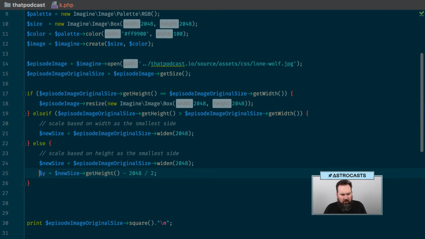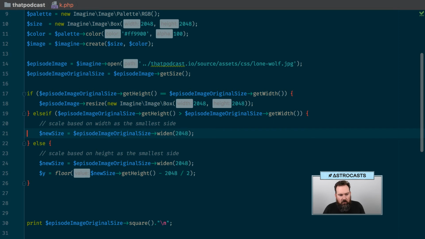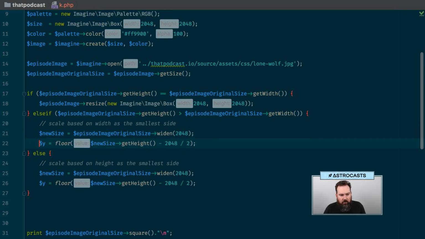And then I think this probably needs, wow, maybe it doesn't. I will do floor just to make sure that we end up with a value. And on the other side, we need X. So we're going to do X for get width. We're going to do 2048 by 2. So this is the height now, or the width has got to be exactly,